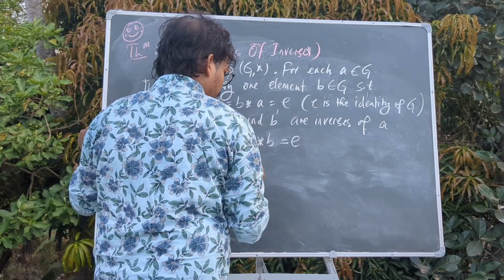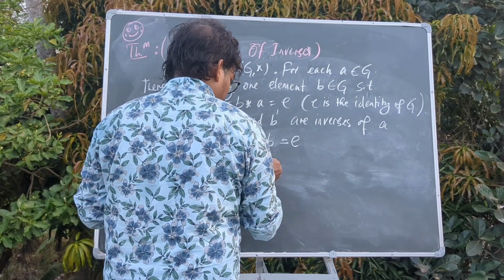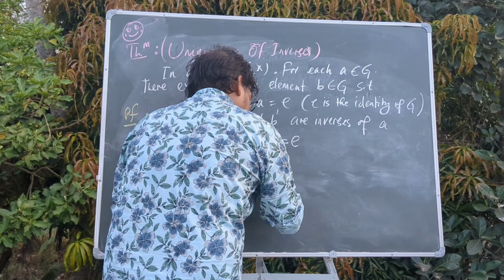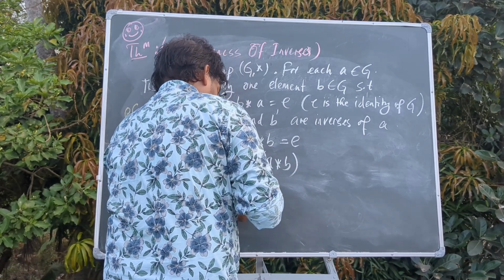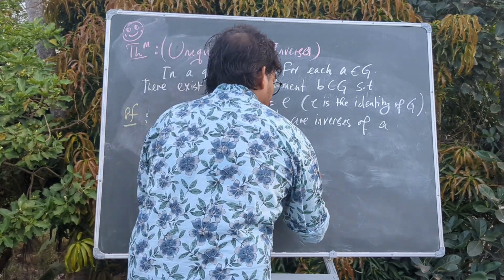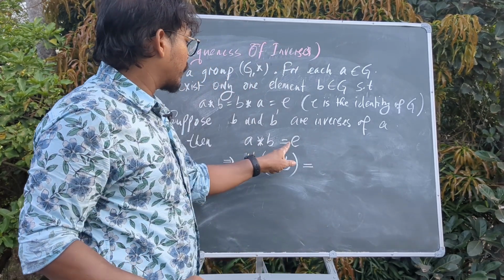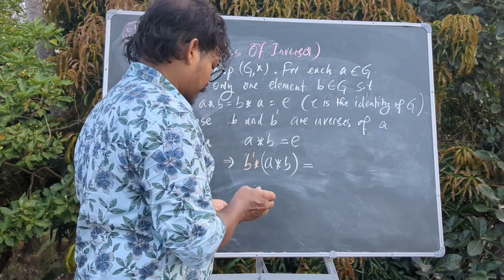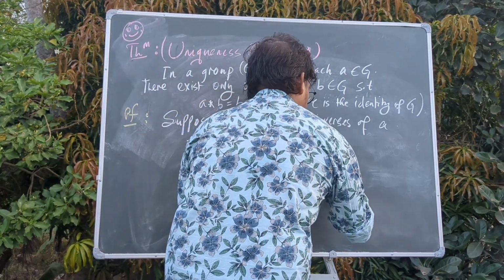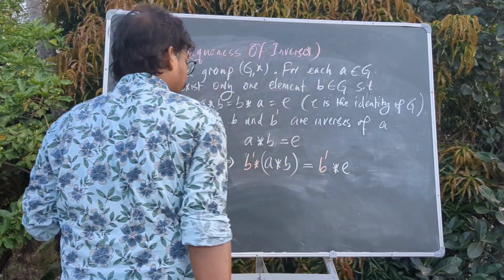B dash, when operated with the element A star B, operation star. On the right side also we will operate E with B dash, and this is B dash star E,